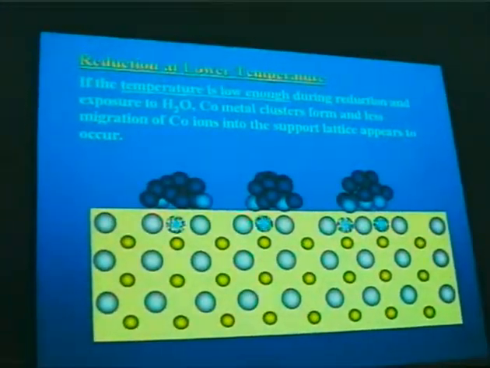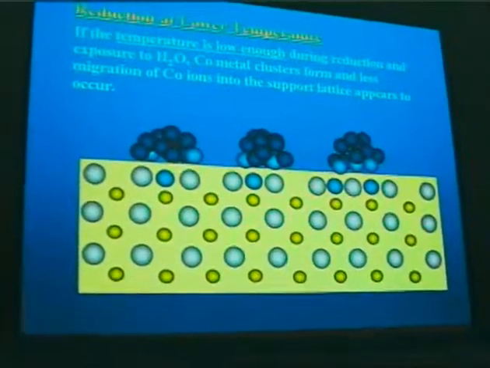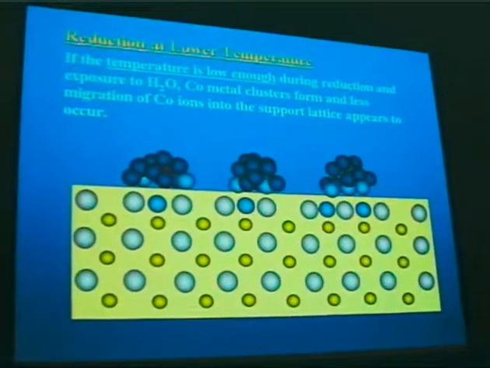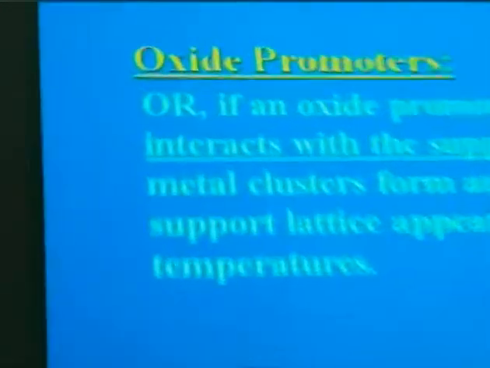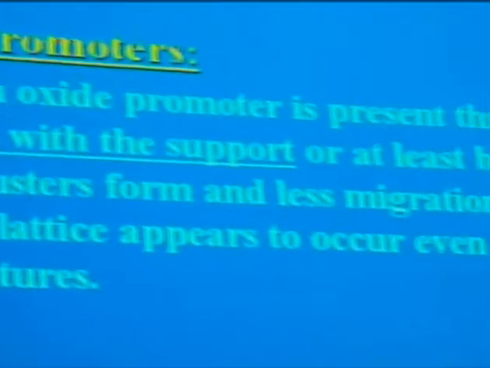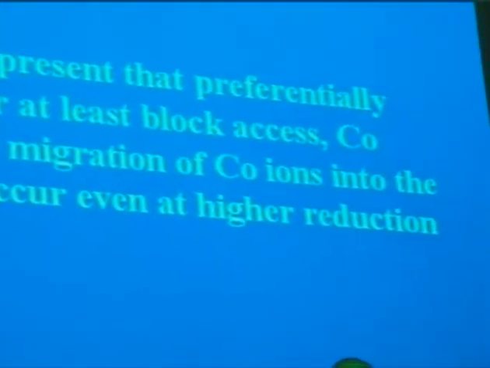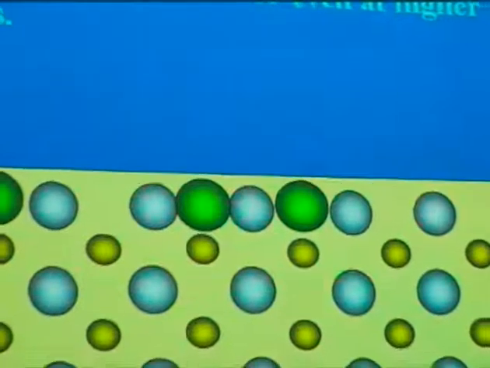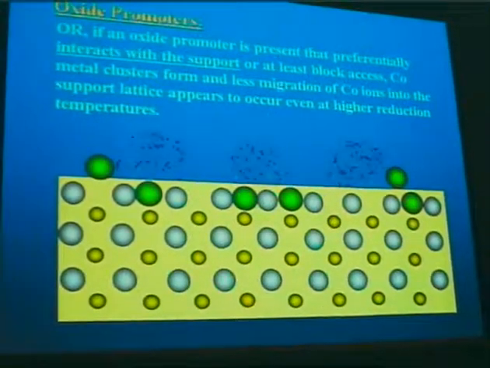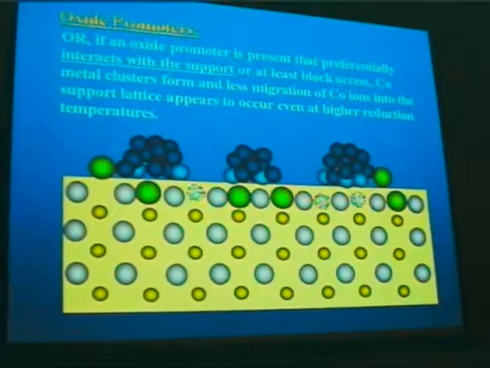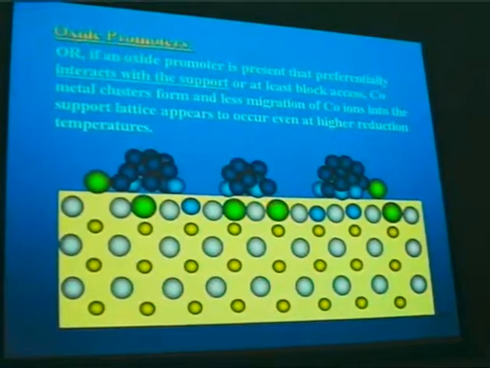Reduction at lower temperatures, of course, creates more highly dispersed particles, and apparently a lot less cobalt goes into the support at the lower temperatures. With oxide promoters, some of these can block the surface in whatever ways. Some things may bind with the alumina or silica, and some things may sit in between. But anyway, you can create a better dispersion, with some cobalt going into the support. So in summary,